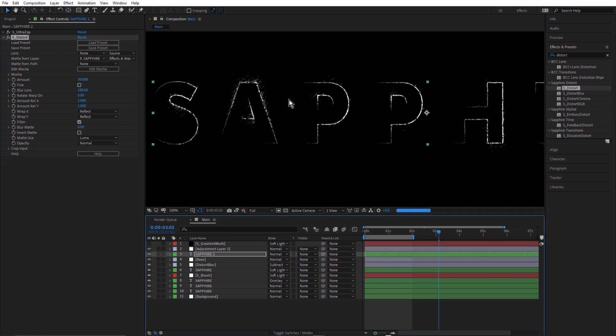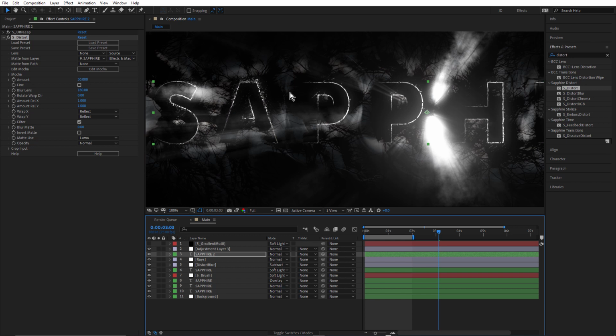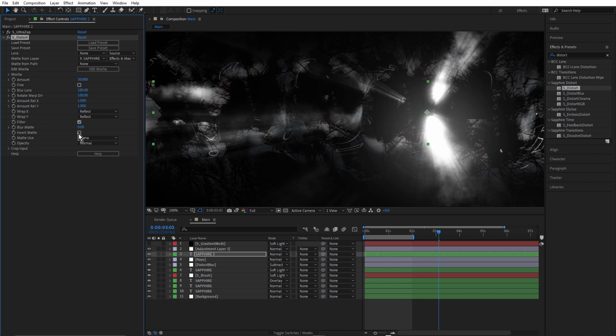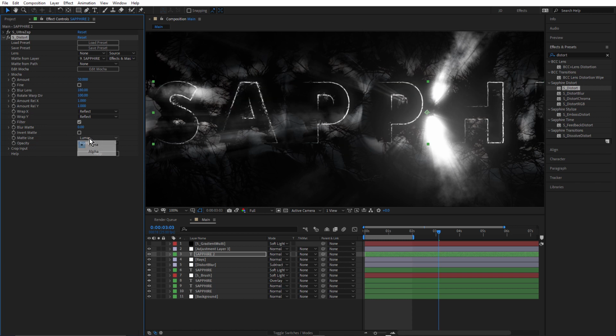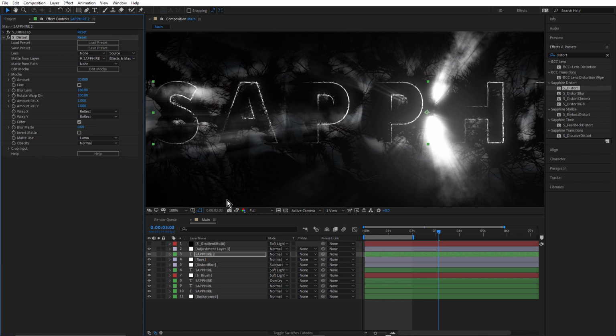And solo. I think I preferred that on. Just want to see what happens if we invert the matte. Yeah, it gives me way too much. Okay. Matte use alpha, see if that changes anything. Okay, way too much again.